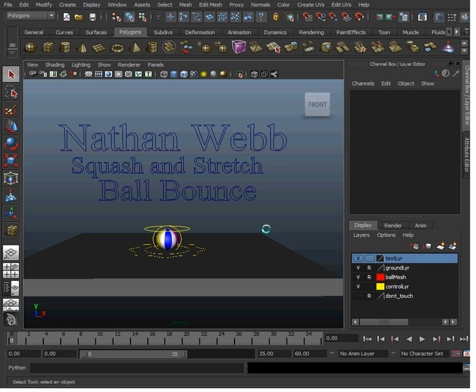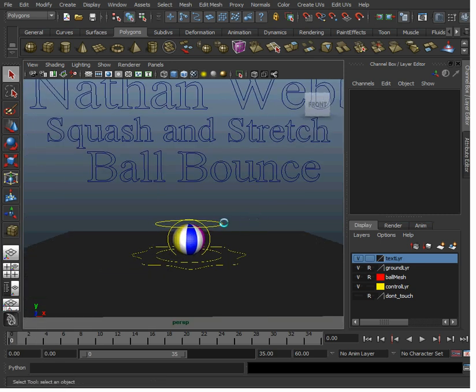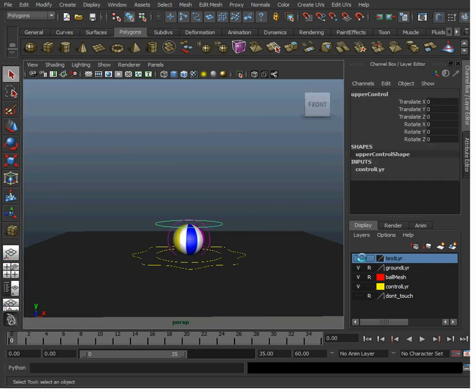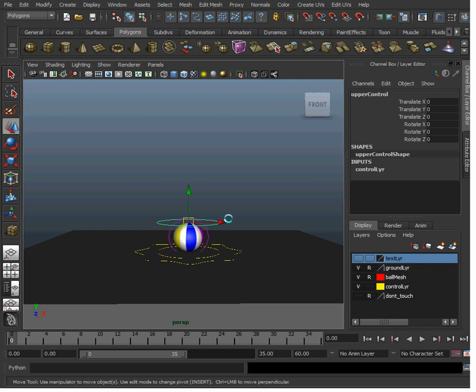This is going to be a tutorial on how to get a ball to bounce with squash and stretch. This rig allows you to make the ball squash and stretch pretty easily. You can take the top controller and move it up and down, and the ball will squash and stretch and maintain its volume. You can take the bottom controller and move it up and down, and the bottom will come